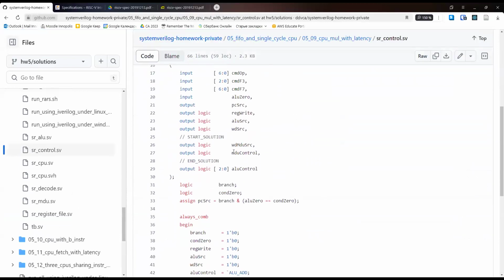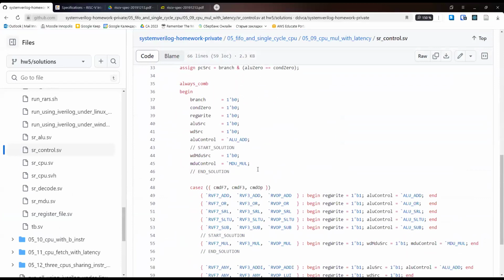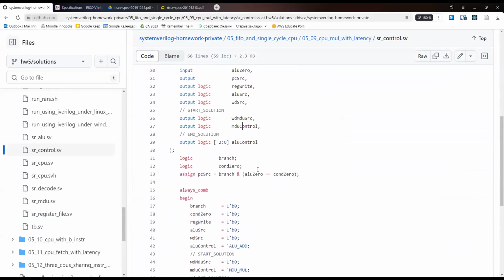Here we will need to introduce two things. One of the things is a control signal for the multiplication division unit. For now, it's basically signals or flags. This is the flag that the multiplication unit should start the multiplication operation, and another, second flag is write destination, or basically the second wire we will need to add to our solution that will send a signal to the processor that the result of the multiplication division unit should be saved